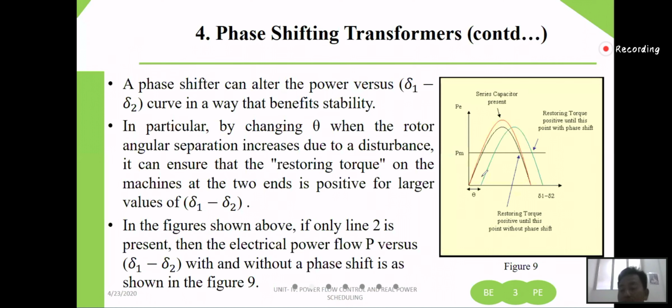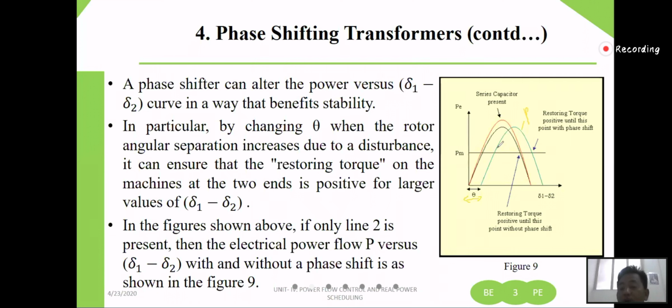Okay, so now another case. What you can see is this blue color line, where we are using the phase shifting transformer. When you use a phase shifting transformer, we are creating some phase shift by angle theta, and then we are trying to control the power. In this case, you will not see any difference in the maximum power. The maximum power will remain the same as the initial power, but what it will do is